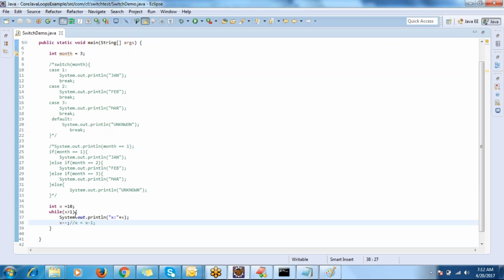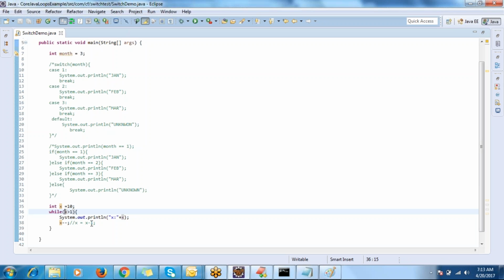We are making the x value go from 10 to 9. We are decreasing one number, then going back again. Is 9 greater than 1, true or false? True, correct? 9 is the bigger number and 1 is the lesser number, so it will print the number. Again 9 to 8 will decrease, 8 to 7, 7 to 6, 6 to 5, 4, 3, 2,